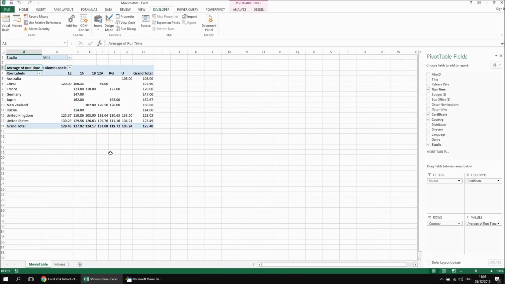Now that we've got the pivot table set up, we can easily create a chart that's based on the pivot table's data range, which will automatically make the chart a pivot chart. Now, the only real question you've got to ask at this point is whether you want to create an embedded chart that sits on the worksheet alongside the table, or whether you'd rather create a chart that sits as a separate worksheet. It doesn't really matter because you can switch between the two at any point later on anyway, but just to demonstrate the basics of creating a chart object which sits alongside the same table on the same worksheet,